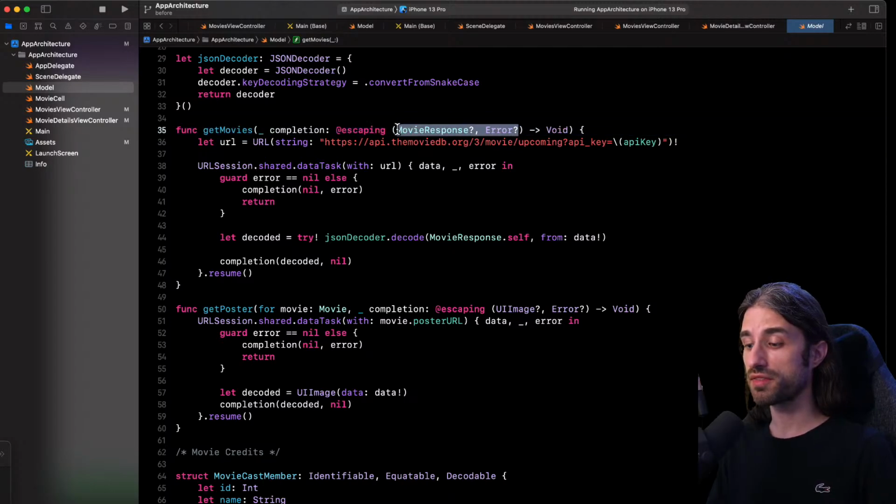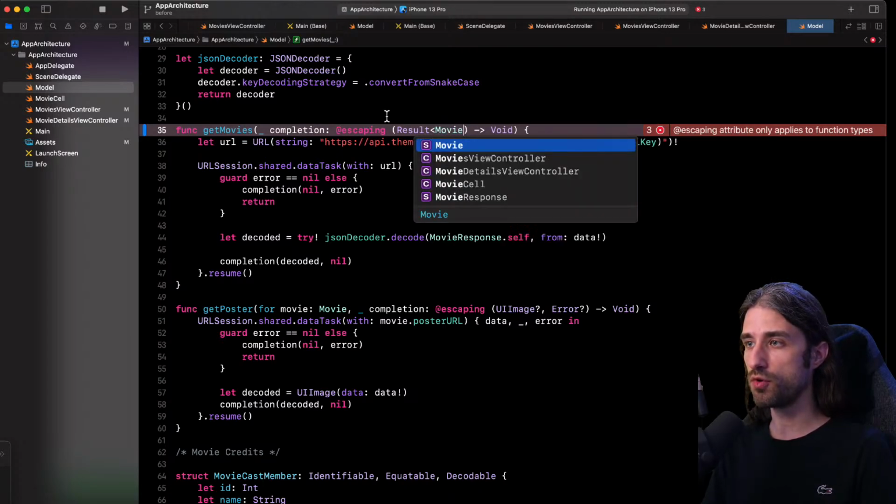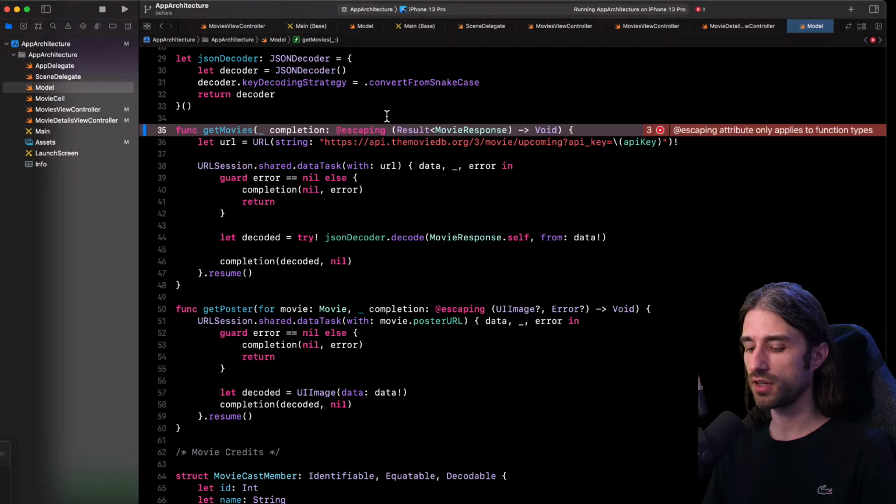It's actually fairly easy because that type is already part of Swift, and it has been since Swift 5, if I remember correctly. That type is called Result. It takes two generic arguments. The first one is just the return type when there has been a success, so here it would be movie response. And the second argument is the type of the error when there has been an error.